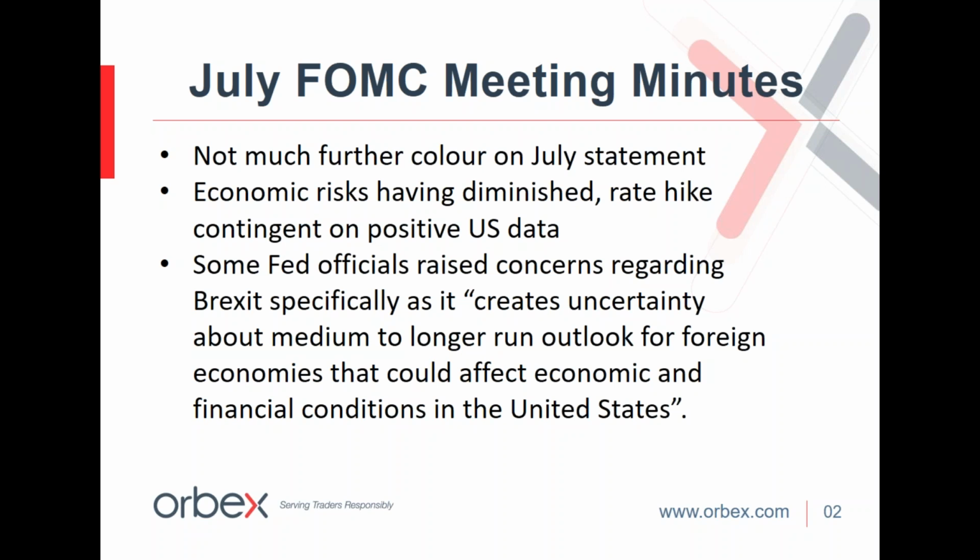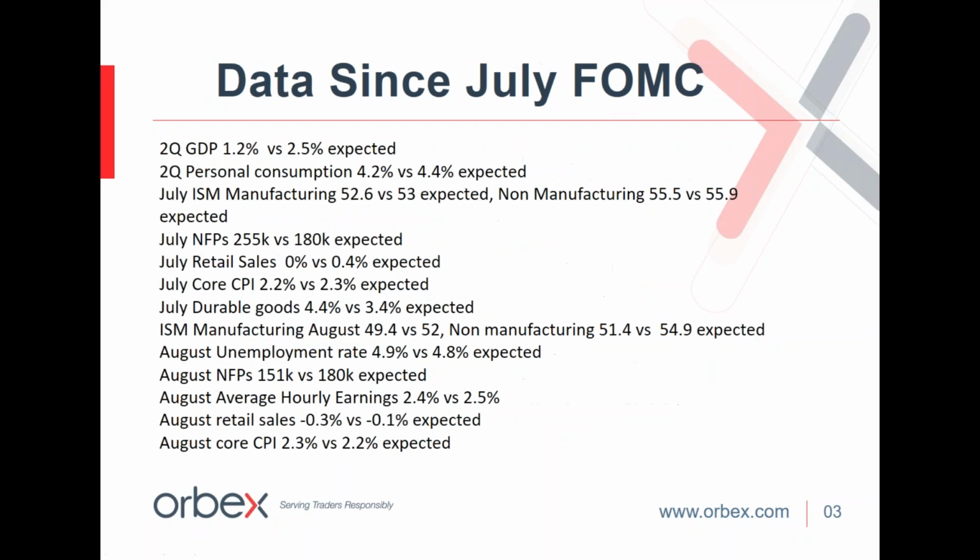Now, since the July FOMC meeting, we've had plenty of key US data, which has been particularly market moving, given the Fed's reaffirmation of their data-dependent stance. Traders have been paying close attention to economic data out of the US as it's come in. However, for the most part, we can see that this data has actually underperformed expectations and highlighted weakening economic conditions in the US. So let's quickly recap what we've seen from the key data prints out of the US since that meeting.